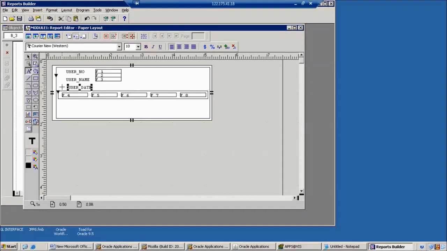Then next, responsibility number, responsibility name, responsibility date, start date, end date. Right? You can choose the arrow.